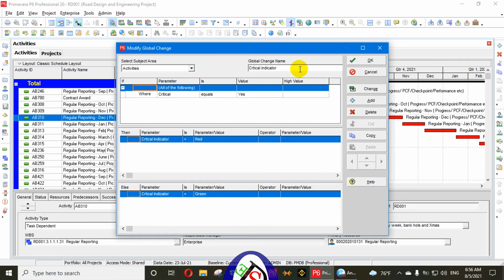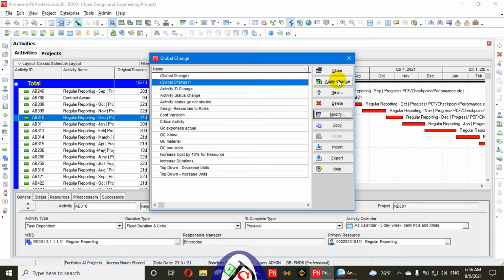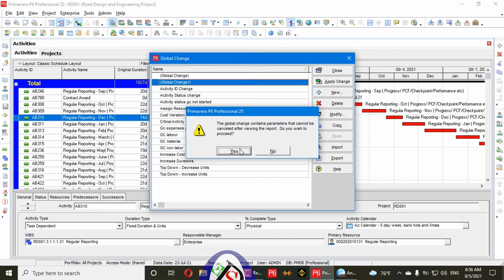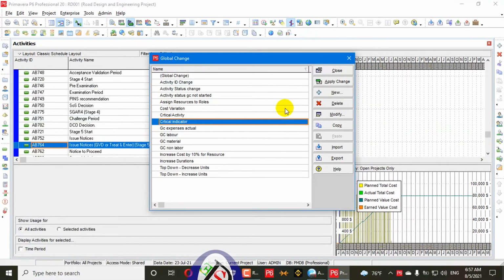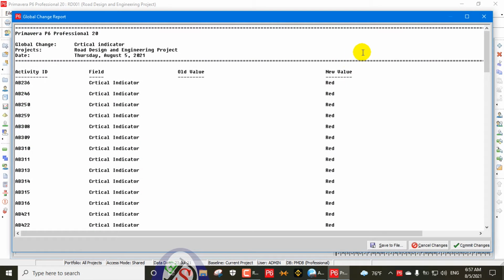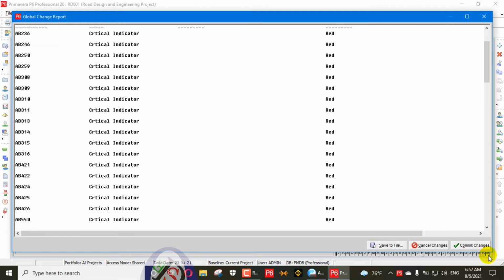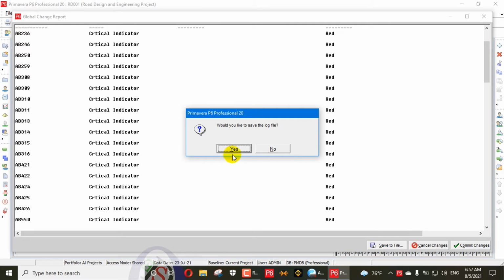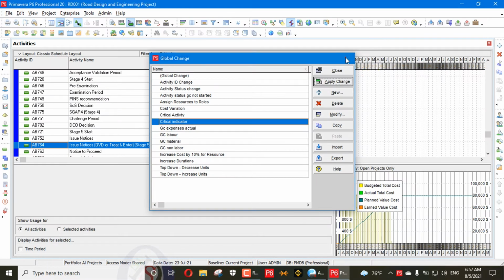Modify, okay, press okay, apply changes, yes. So critical indicator is applied, changes, yes. So commit changes and no save log, cross.